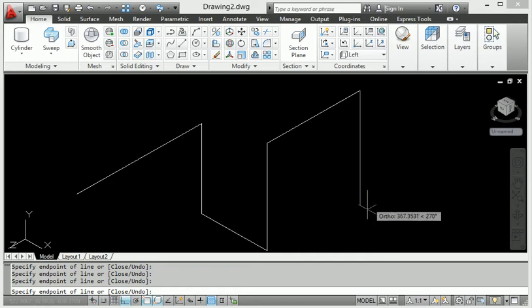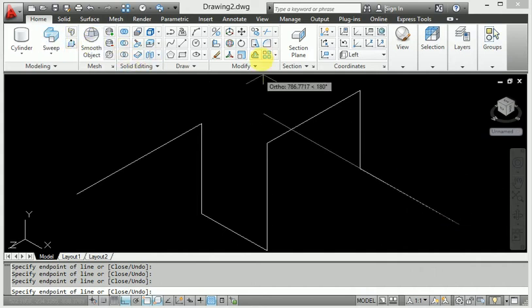So here we can see our pipe connection path in a different way, which we can easily make in AutoCAD.